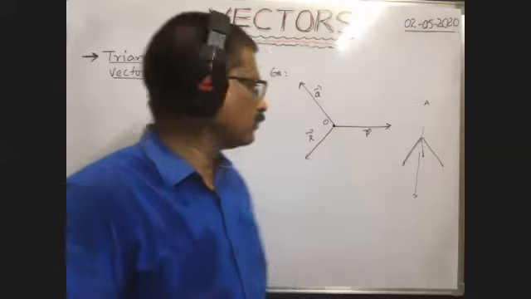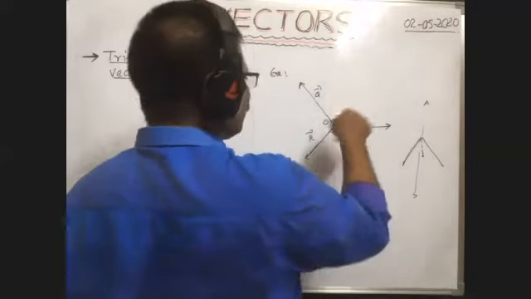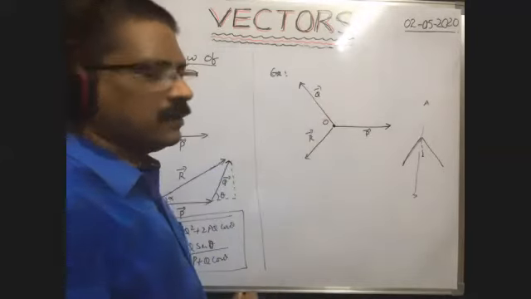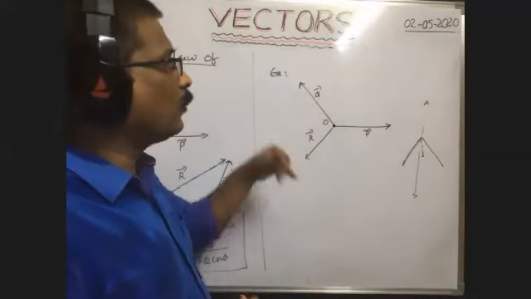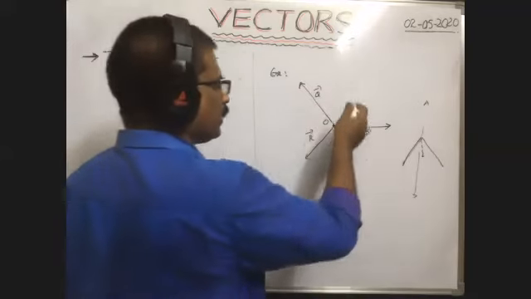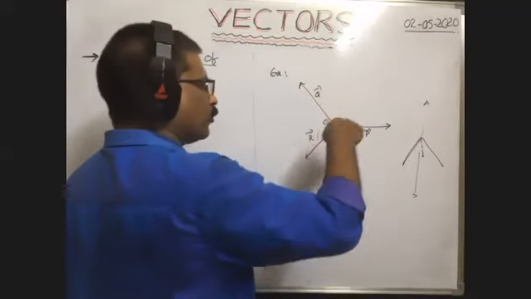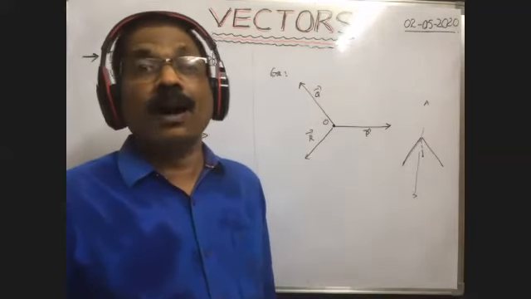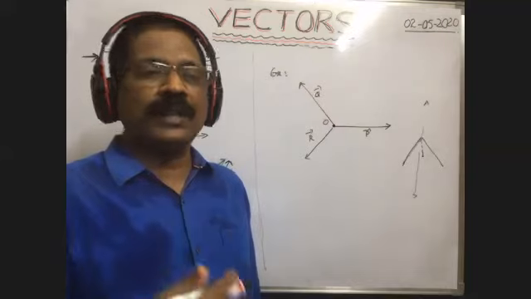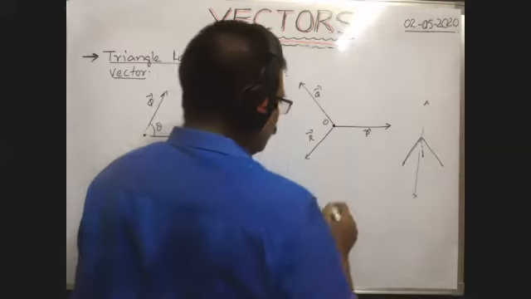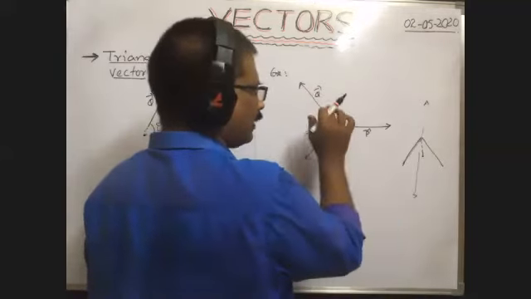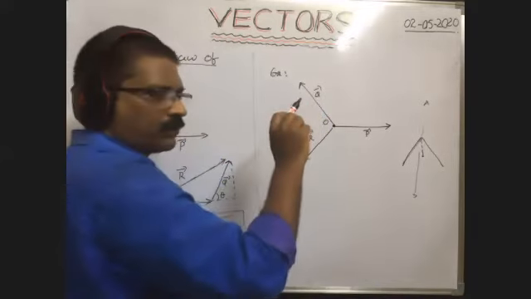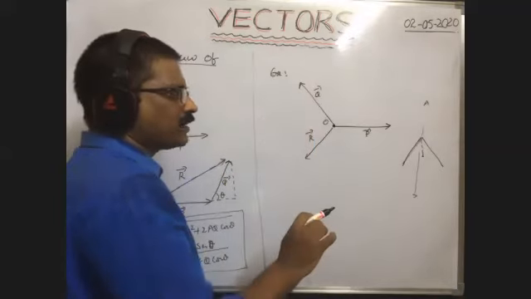Okay, now you see here 3 forces, P bar, Q bar, R bar act on a particle and keep the particle in equilibrium. Then according to the triangle of vectors, how can we explain this? Here you take the 3 vectors or 3 forces acting on a particle as the adjacent sides of a triangle taken in order, both in magnitude and direction. If 3 forces acting on a particle keep the particle in equilibrium, then we can take these 3 forces as the adjacent sides of a triangle taken in order.